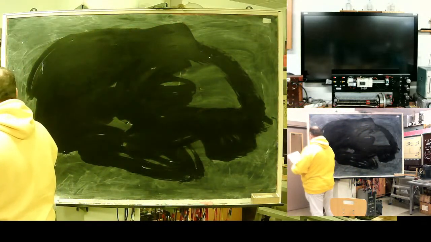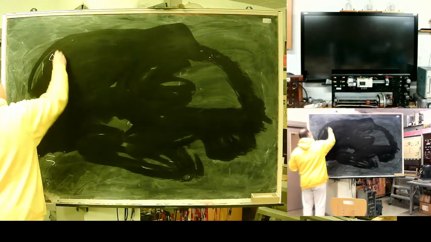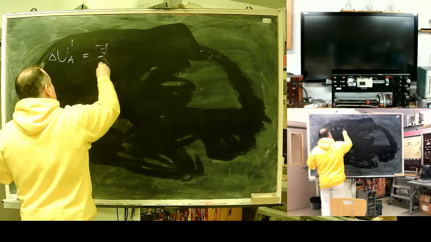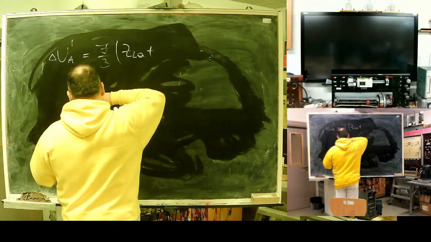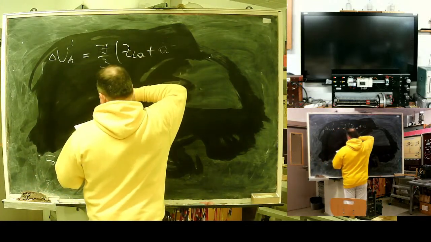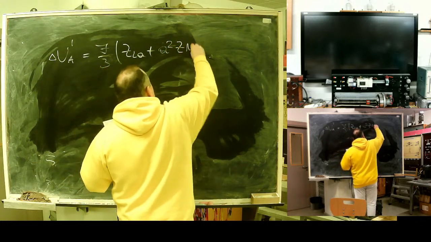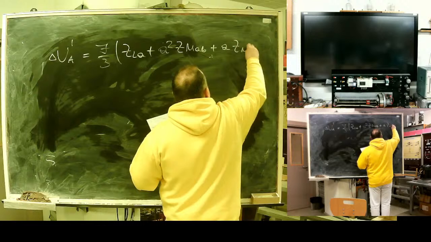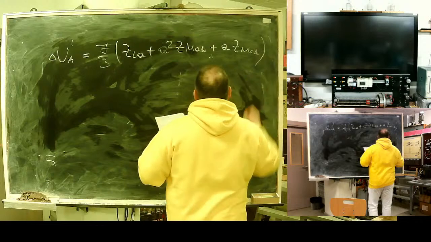Voltage drop between transposition barrels 1 and 2 at the first stage will be one-third of ZLA plus A squared ZMAB plus A ZMCA. Or